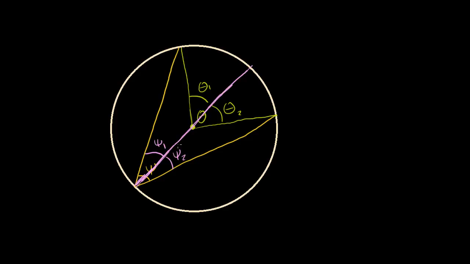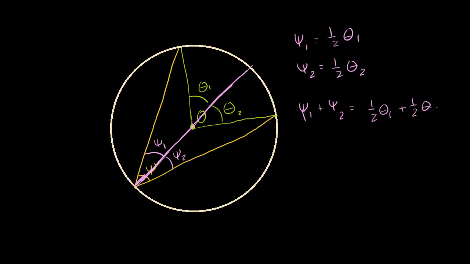we immediately know that, just using the result I just got, since we have one side of our angles in both cases being a diameter now, psi 1 is going to be equal to 1/2 theta 1. And we know that psi 2 is going to be 1/2 theta 2. And so psi, which is psi 1 plus psi 2, is going to be equal to these two things, 1/2 theta 1 plus